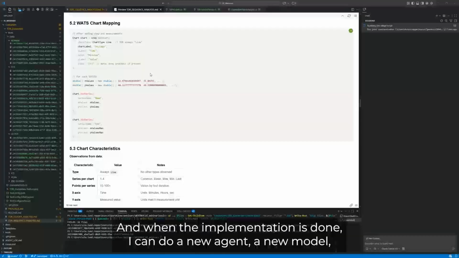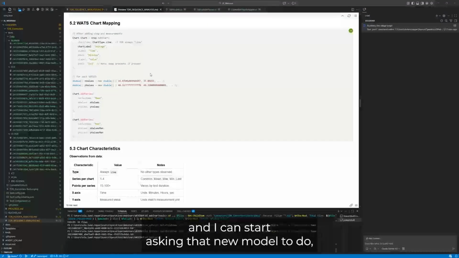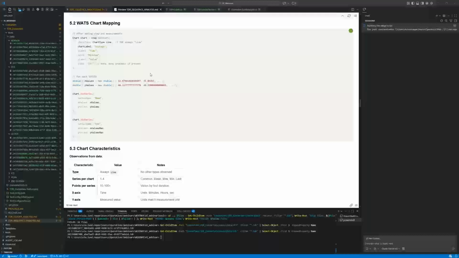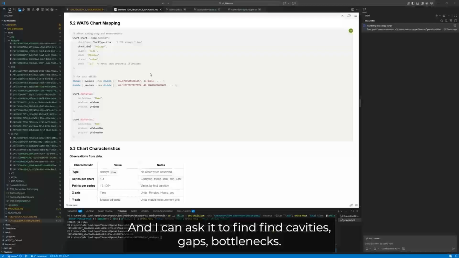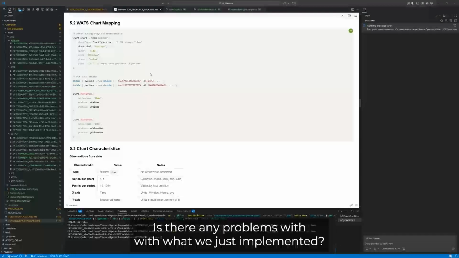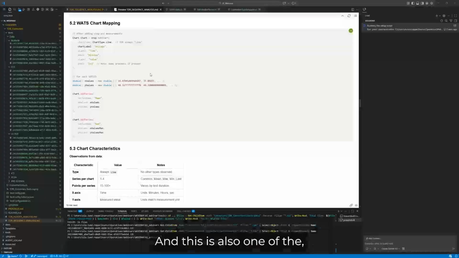And when the implementation is done, I can start a new agent with a new model, and I can ask that new model to do a more skeptical analysis of the work that's done. And I can ask it to find cavities, gaps, bottlenecks. Are there any problems with what we just implemented? And this is also one of the